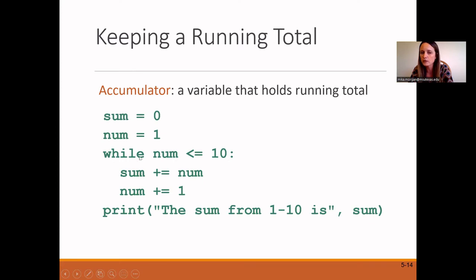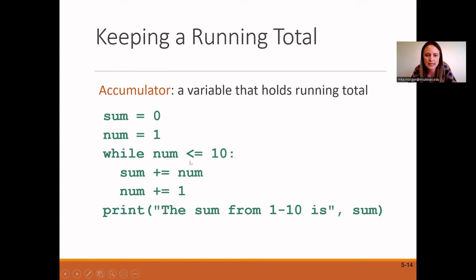While is a reserved word that would have to be written just like that. And print is a reserved word that would have to be written just like that. But everything else that you see here in green could have been changed around depending on whoever was writing the code. So if we started at 0 and we wanted to add up all of the numbers from 1 through 10,